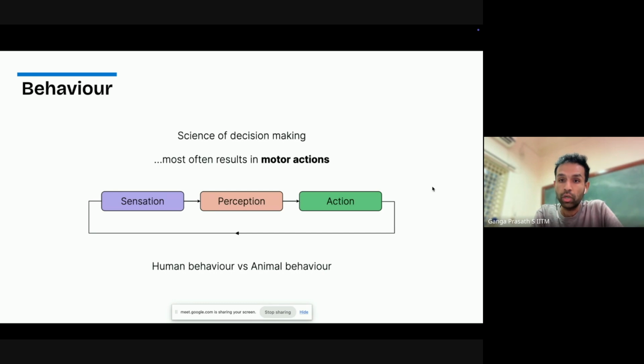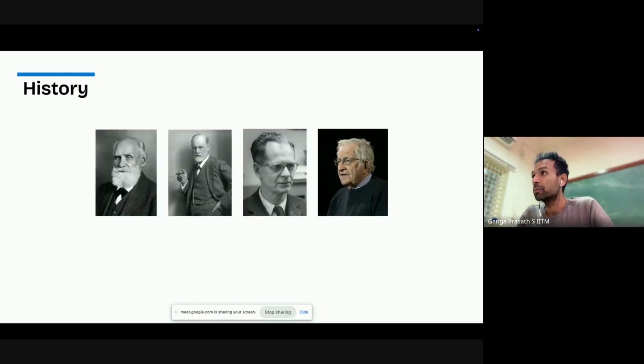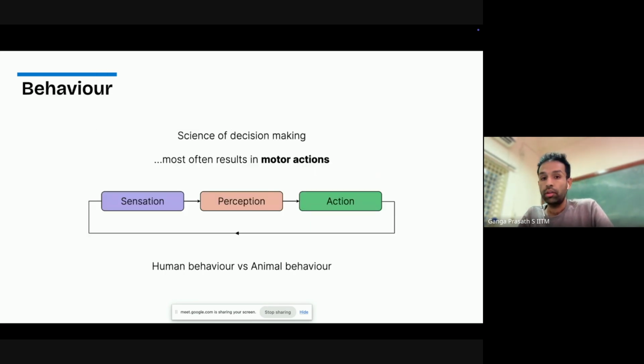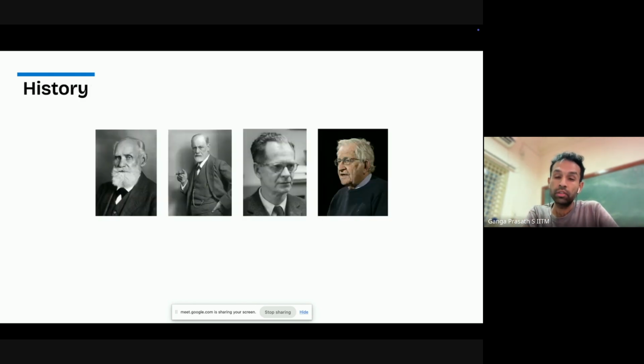So this is a working definition of behavior, and there is an important distinction between human behavior and animal behavior. It has to do with language. Language is very fundamental because you can't ask an insect how they arrived at a decision, whereas you can ask humans how they arrived at a decision. That is one of the classical distinctions between animal behavior and human behavior. And for that reason, psychology was, for the longest time, the field dealing with behavior, going back to